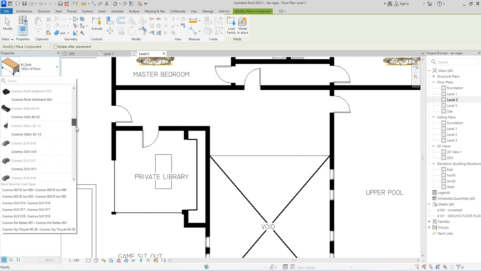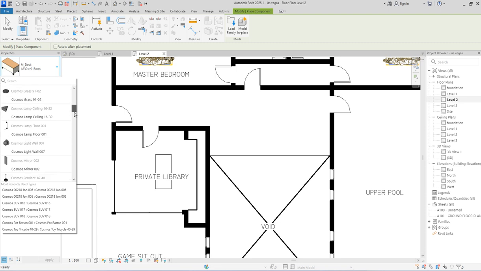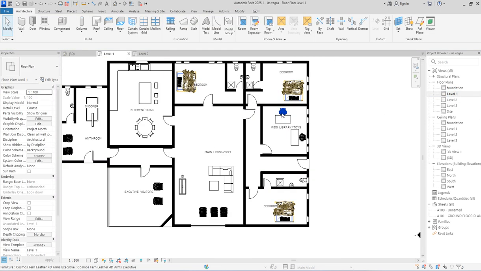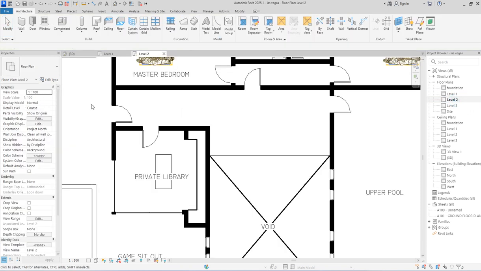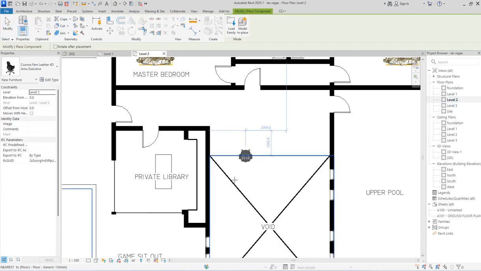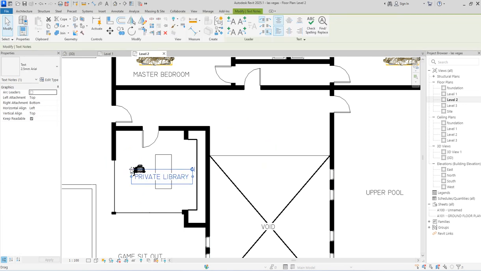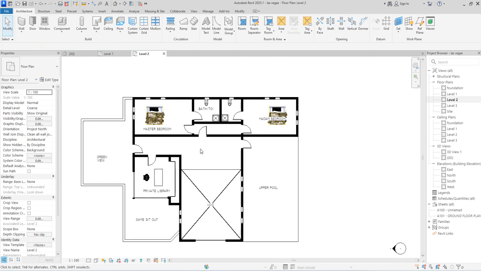Where is it now? It was used somewhere this time around. Let me go and bring it from the ground floor. So select this one, called small executive, just click create. Come to this floor, select, and then you bring it. So if you are missing something, that is how you bring it. You select it, create it in that place. It's already in the memory of the library. You just need to bring it and place it.